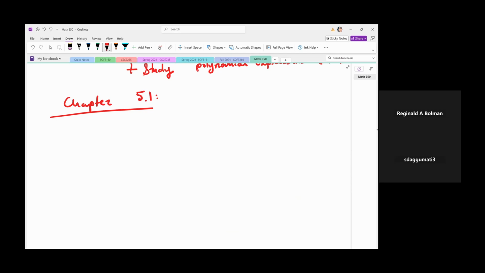Now, when we're looking at an equation, a polynomial equation, or any equation for that matter, not necessarily just polynomial,